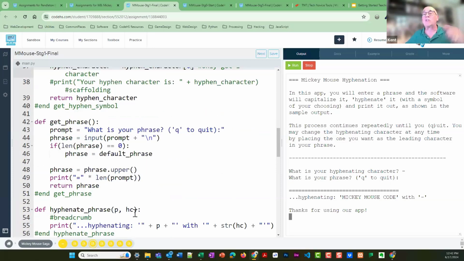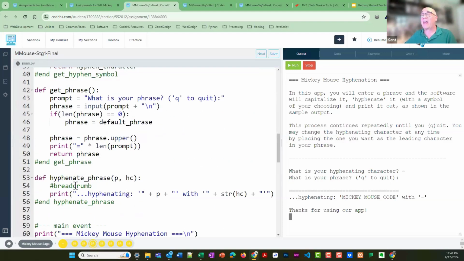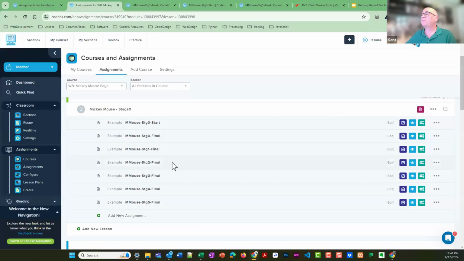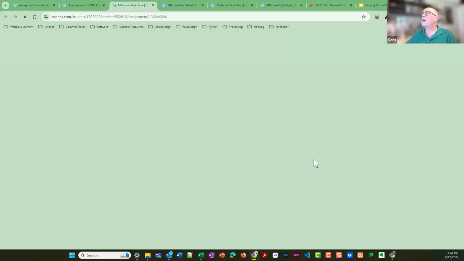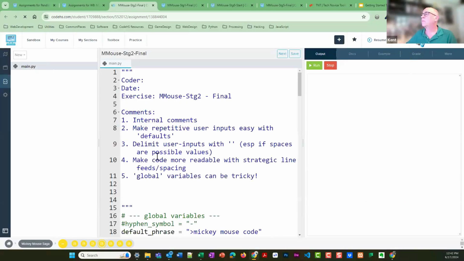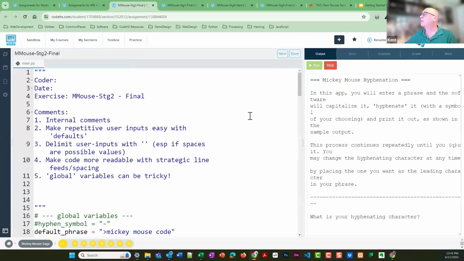And so as you can imagine, stage 2, stage 3, stage 4, since these guys are working, the thing that's next is actually fleshing out hyphenate phrase. So let's go and look. I'm going back to my list of assignments. If I look at stage 2, stage 2 has, and this is incremental development. And so here I'm making, this is kind of what we might be doing in this area here. I may have already done some of it too. Let's go ahead and just save it and run it and see if there's anything that looks different.